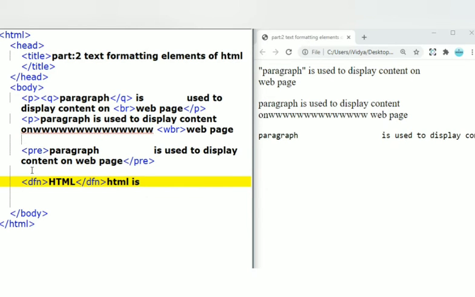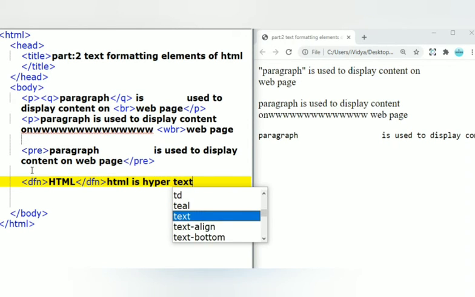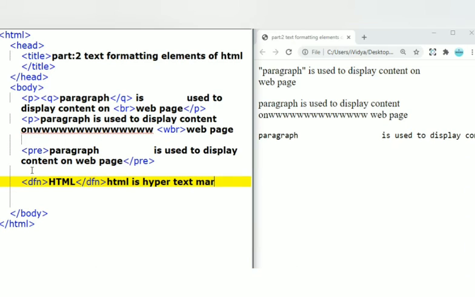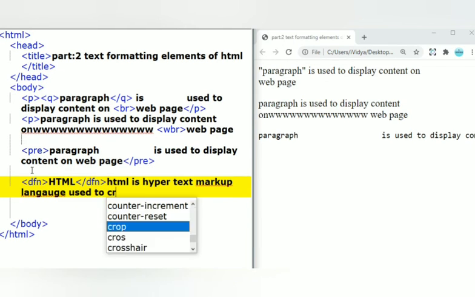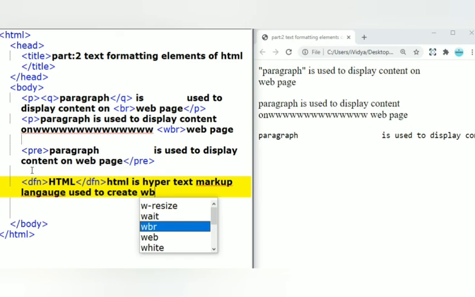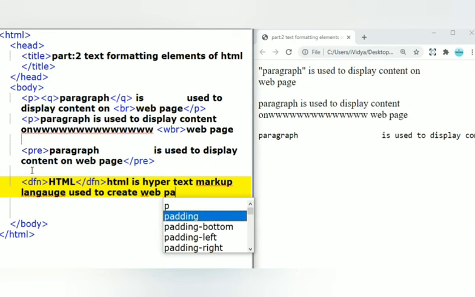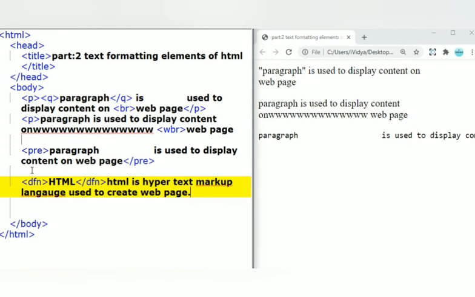HTML is a hypertext markup language used to create web pages. Okay, close it. Here we can see this text looks slanted. It's a definition of this HTML here.